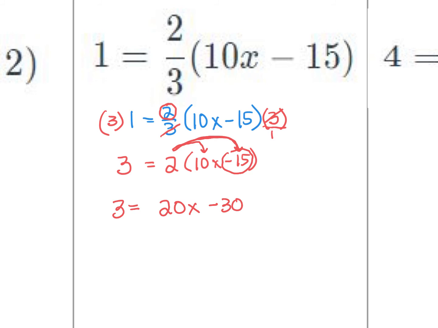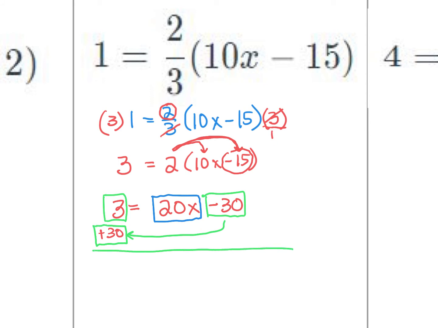All right, so now I've got teams. I've got number team, and X team. We've got to get this guy over to this side, but he switches teams when he switches sides, plus 30. Positive 3 plus 30 is 33 equals 20x. I'm going to divide by 20 to get rid of it. And I'm done. So I'm left with just x equals